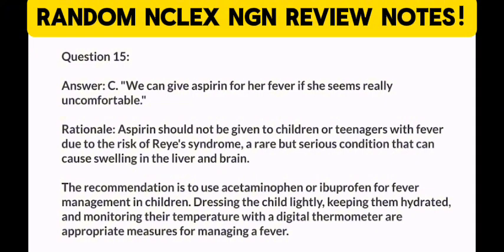C. We can give aspirin for her fever if she seems really uncomfortable. Rationale: aspirin should not be given to children or teenagers with fever due to the risk of Reye's syndrome, a rare but serious condition that can cause swelling in the liver and brain. The recommendation is to use acetaminophen or ibuprofen for fever management in children. Dressing the child lightly, keeping them hydrated, and monitoring their temperature with a digital thermometer are appropriate measures for managing